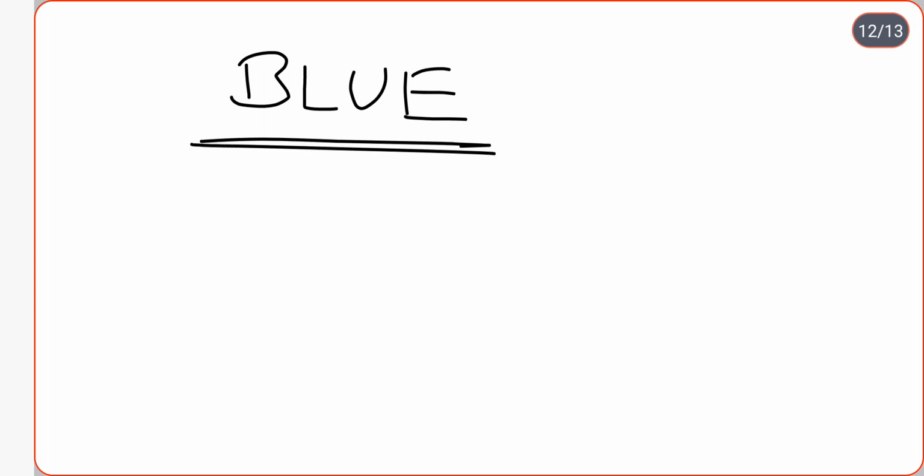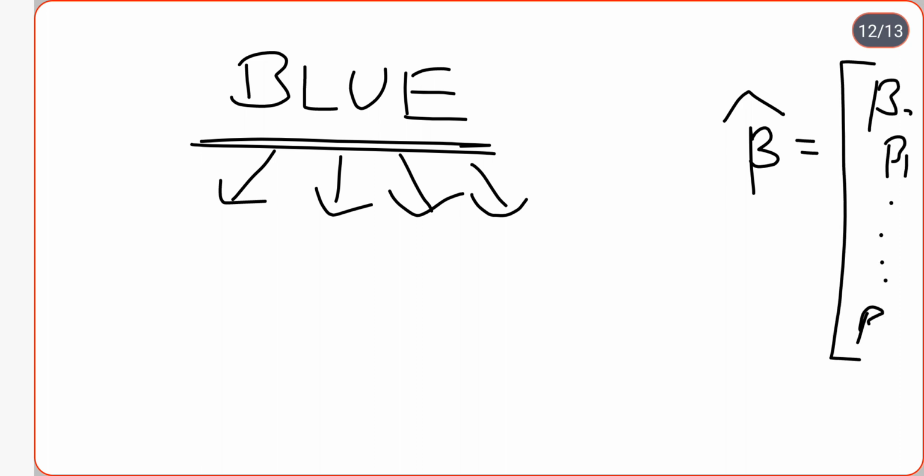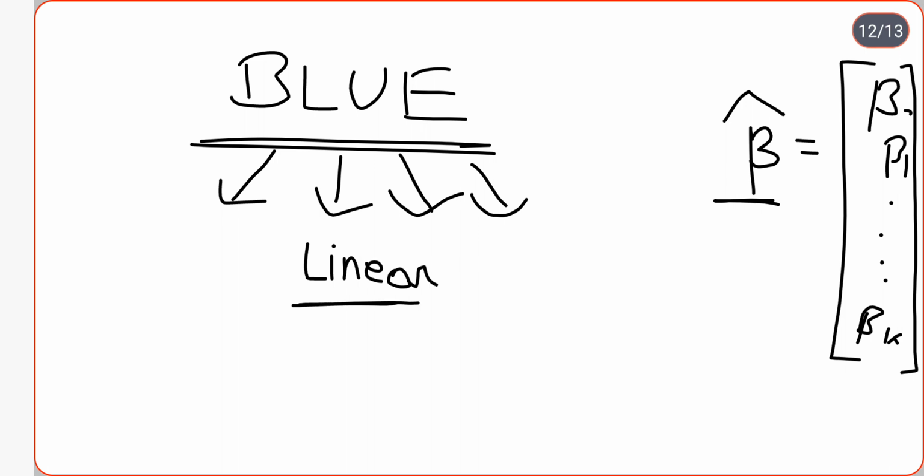BLUE is nothing but best linear unbiased estimator. I want to say that the vector, which is known as beta hat, consisting of all the values of beta starting from beta 0, beta 1, beta 2, up to beta k, all the k plus 1 parameters in the vector beta hat, is supposed to be the best linear unbiased estimator. Now we have successfully proved that the vector beta hat is linear in the dependent variable vector y and the error term vector u,